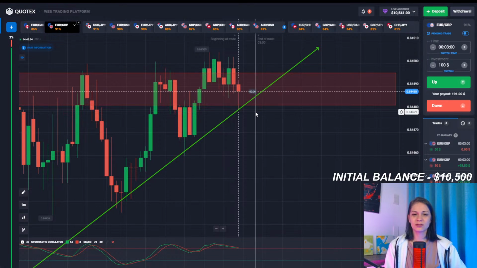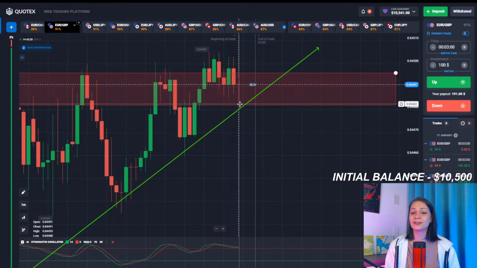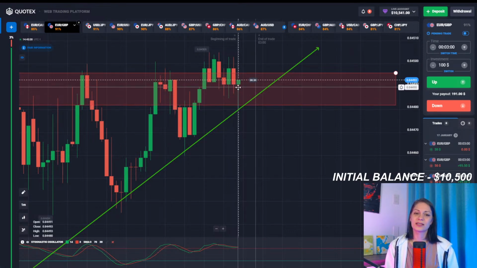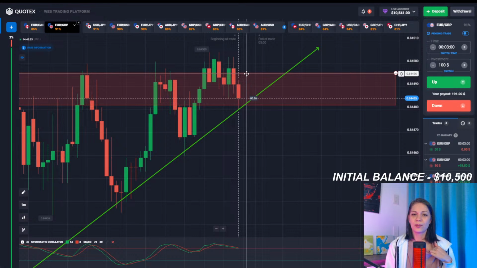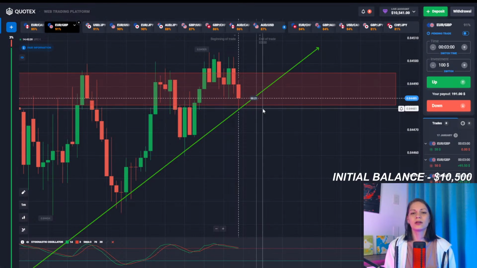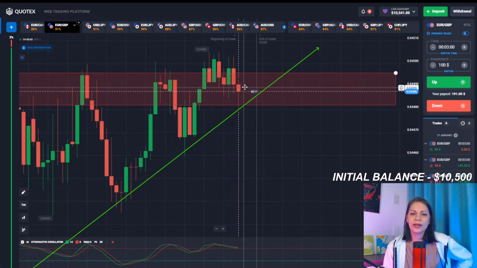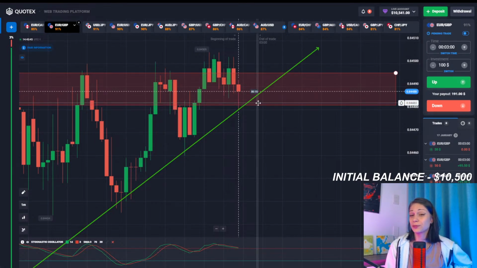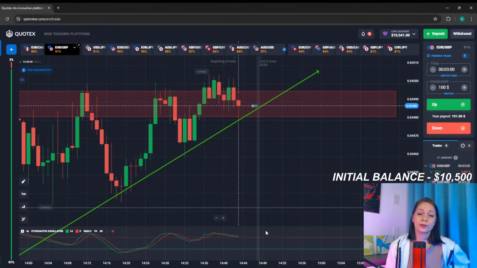I don't want to go into a deal for an upward trend before the breakout, but I believe it's gonna happen. See, it barely touched and it's pushed up again. What are you doing right now? I don't know. What do you guys think? Should I enter into a deal before the breakout, or should I wait for a breakout?